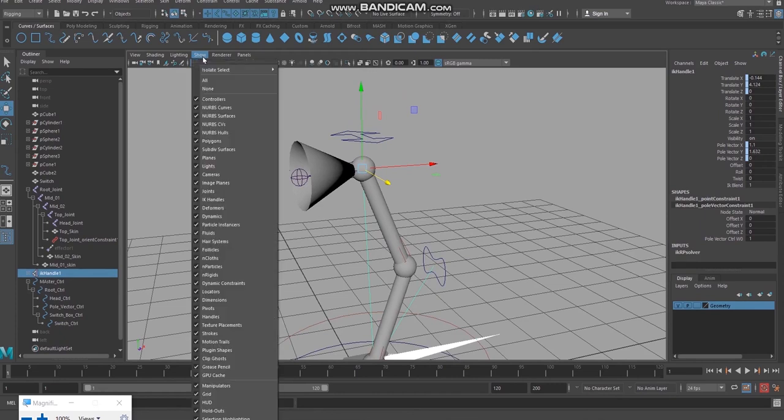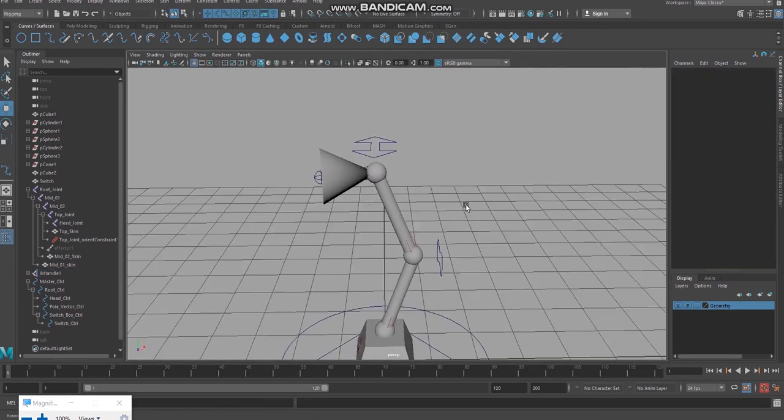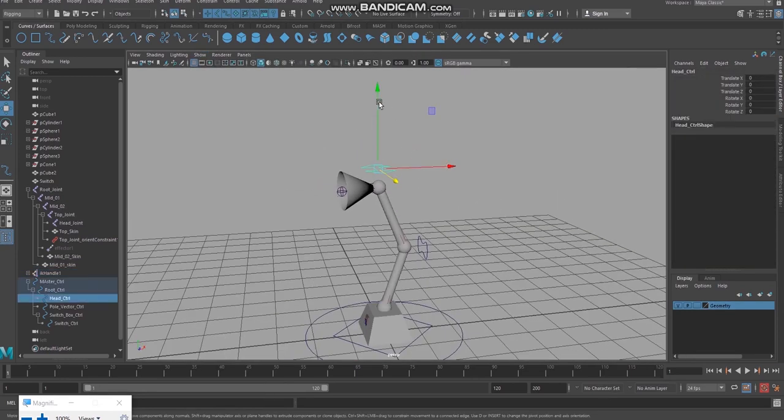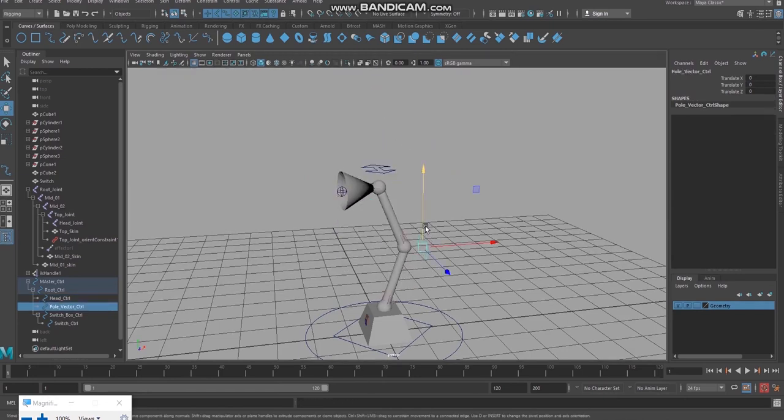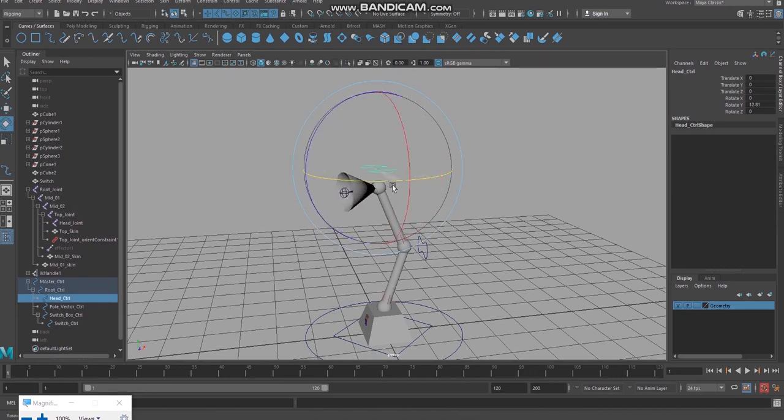Go to show and turn off the IK handles. Now it is clear. So this movement is achieved, this movement is achieved and this movement is also achieved.